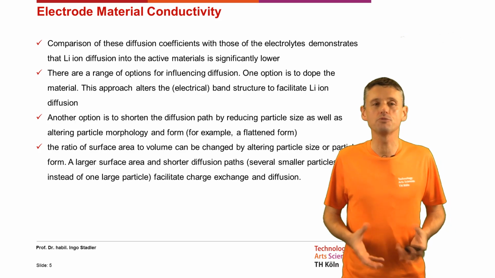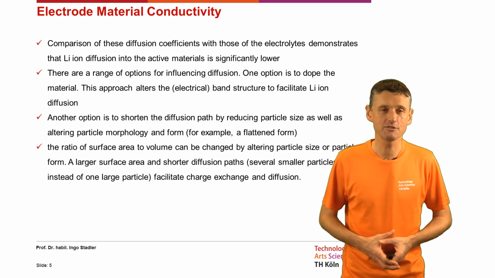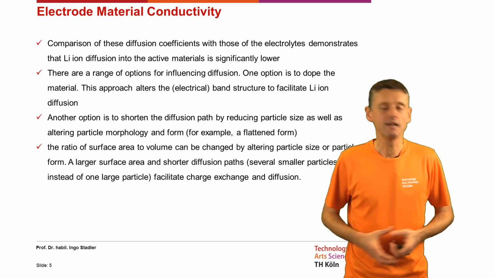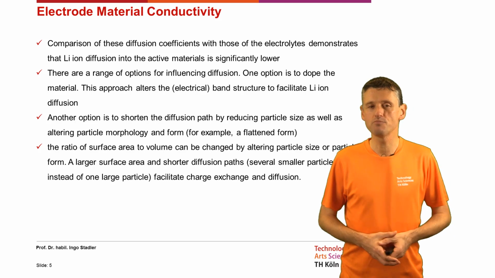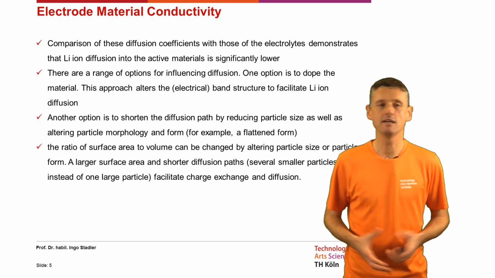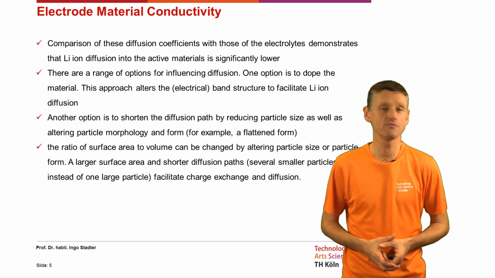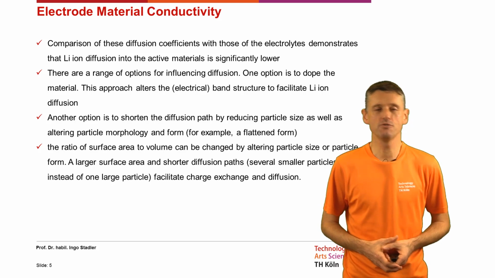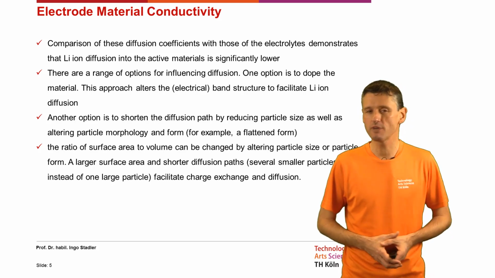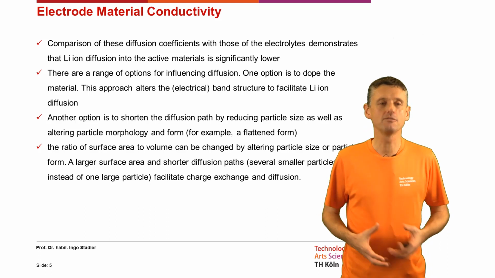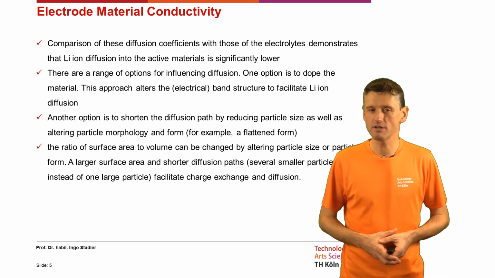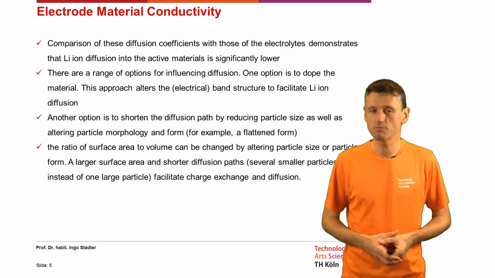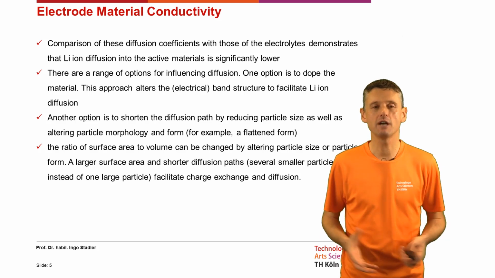One option is to dope the material. This approach alters the electrical band structure to facilitate lithium-ion diffusion. Another option is to shorten the diffusion path by reducing particle size as well as altering particle morphology and form, for example, a flattened form. The ratio of surface area to volume can be changed by altering particle size or particle form. A larger surface area and shorter diffusion paths, several smaller particles instead of one larger particle, facilitate charge exchange and